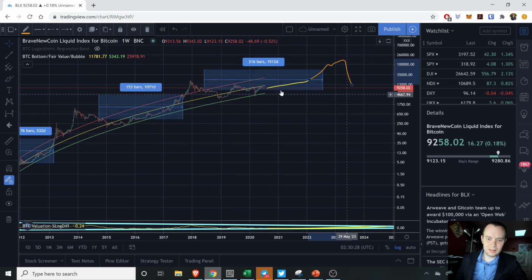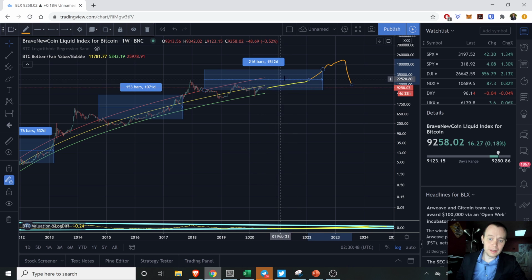This is generally what I'm seeing. The nice thing though is we don't actually have to just move like this. It doesn't have to be boring. It doesn't have to be such a slow move. We could see these mini speculative bubbles just like we saw in 2019. You can see that we came up to the red line, but we did not break through it. So this is ultimately what I see happening.